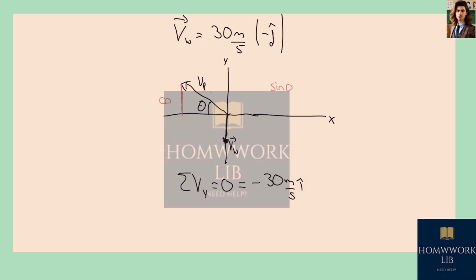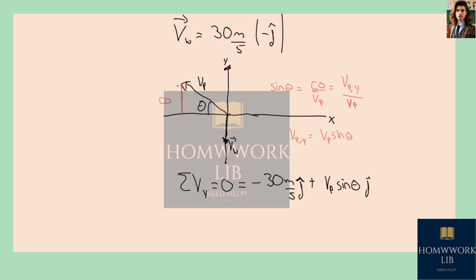So in this case, sine of theta would be the opposite cathetus divided by the velocity of the plane. This is going to be the velocity of the plane on the y-axis divided by the velocity of the plane. Thus, the velocity of the plane on the y-axis is going to be equal to the velocity of the plane times sine of theta. This is going to be a positive value, as you see from the drawing. We're on the positive y-axis. So we're going to get plus velocity of the plane times sine of theta. This is also, sorry,